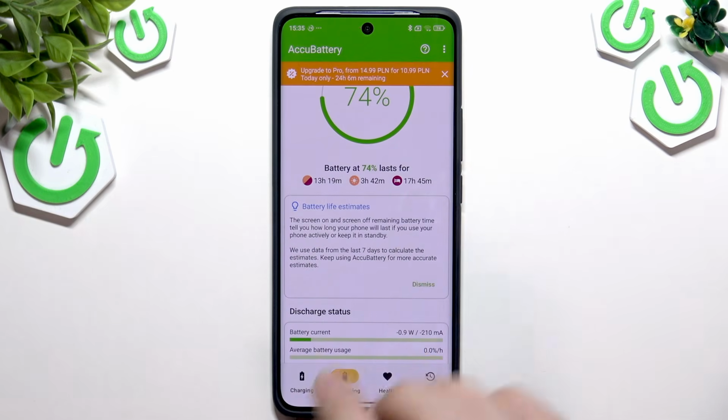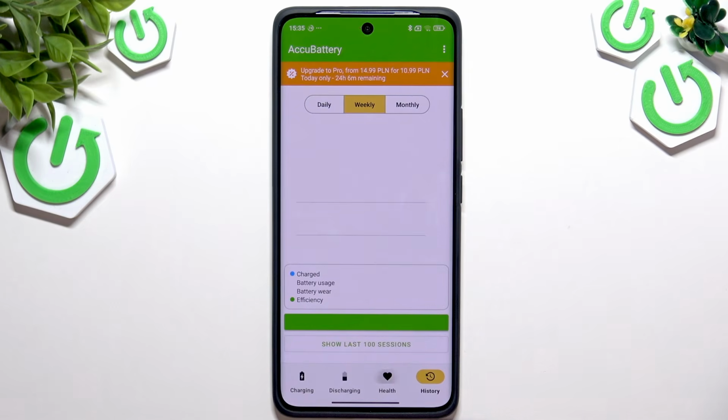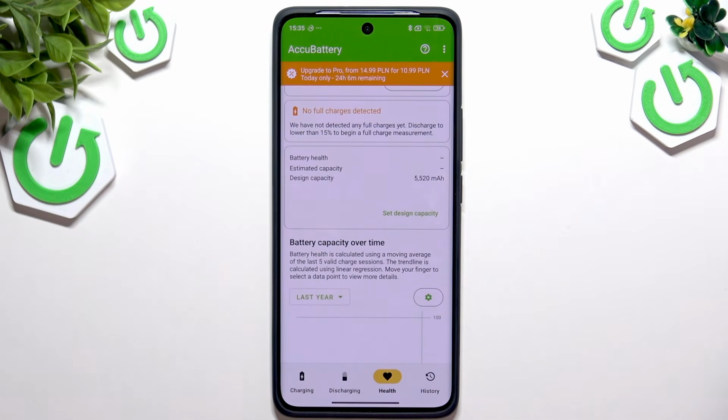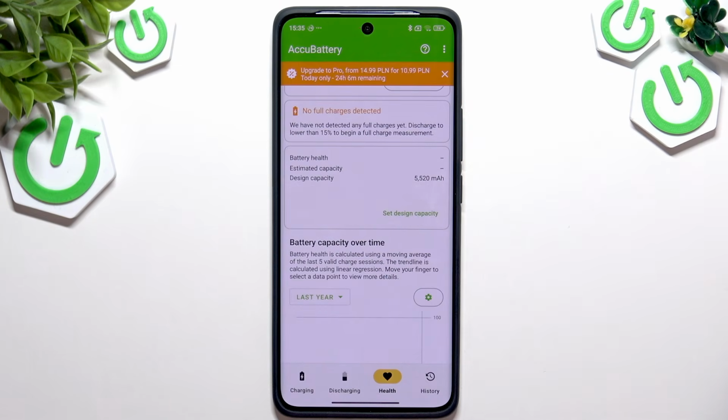If you do all these, here, as I can see, we have four sections: charging, discharging, health, and history. Tap, for example, health. Here, if you see after a week of charging and discharging your device that you have some bad battery capacity, just go with your phone to the authorized service and have it repaired. If you have bought your device new, because this device is new from the 3rd of January 2026,